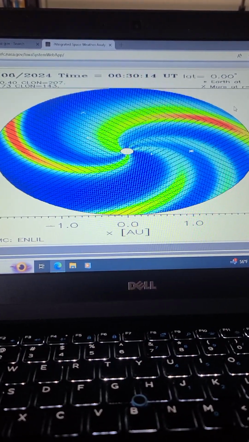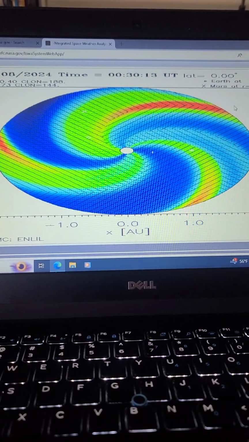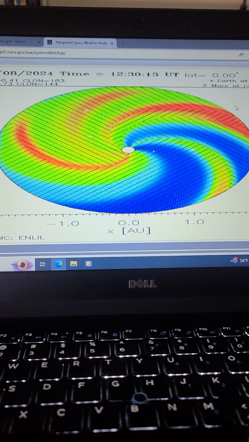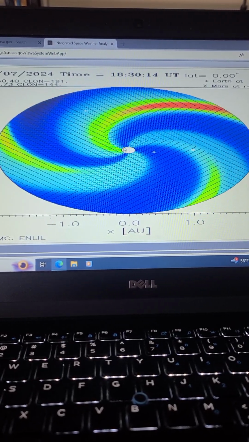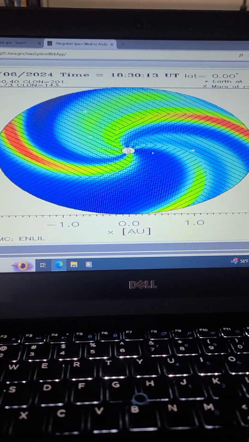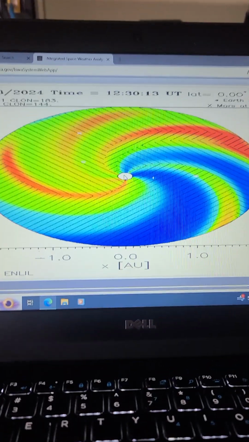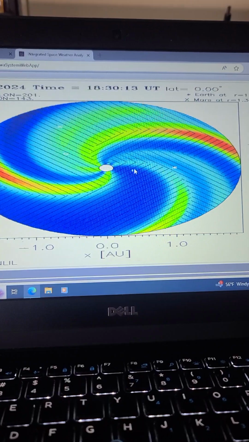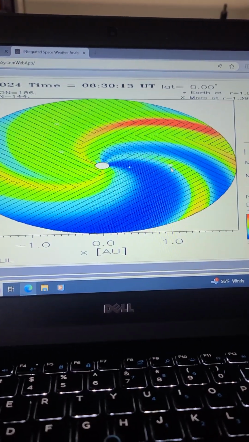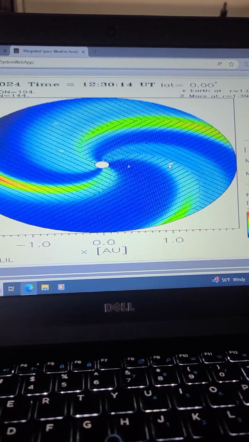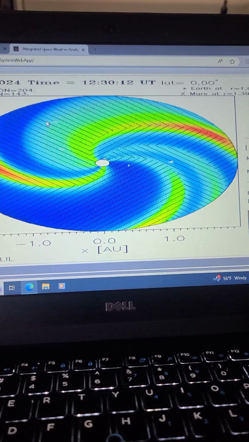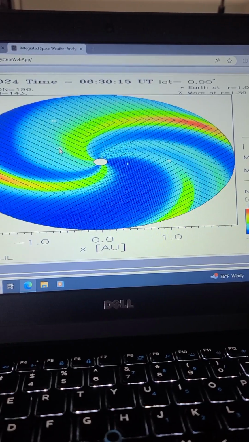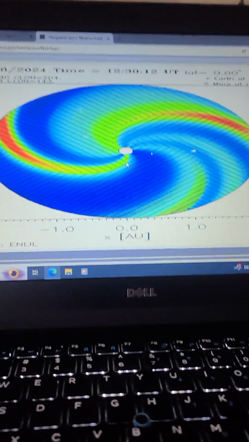You may see people on YouTube. They'll show images like this one right here. What you're looking at is supposed to be the sun in the middle, the white circle, and then you have Mercury right here. That's Earth. Just follow my mouse. And that's Mars up there. And this is Venus. Now, I'm no expert in any of this, but